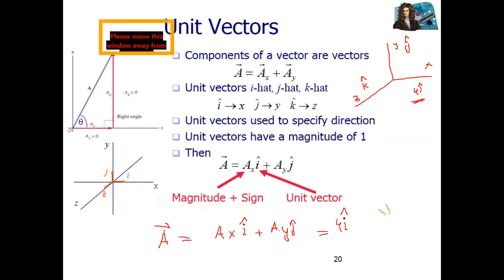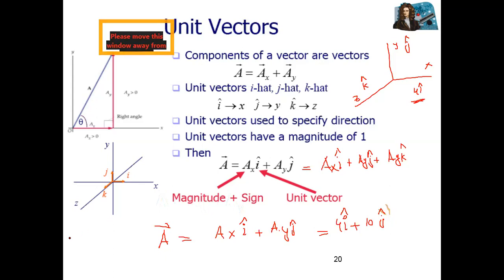So I can write like this, 4i. 4i means this is along the x-axis. Like 10j. 10j means it's along the y-axis. In three-dimensional, same we can write axi. If you write only i, it's okay, no need of writing the coefficient. Plus you can write ayj, along the y-axis, and same you can do for the z-axis, azk. So unit vectors i, j, k, these are unit vectors, correct?